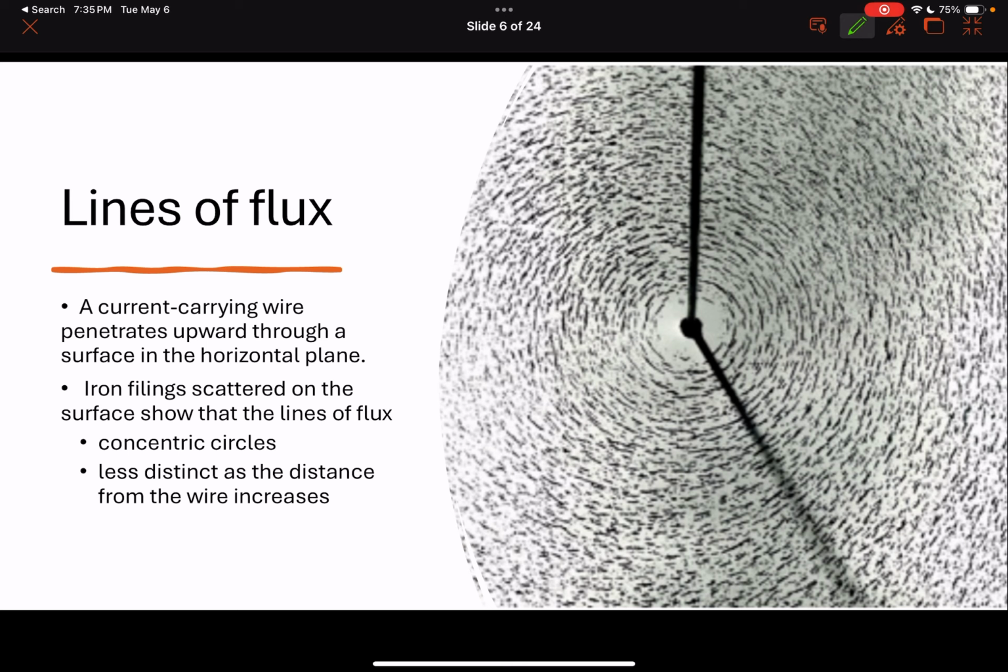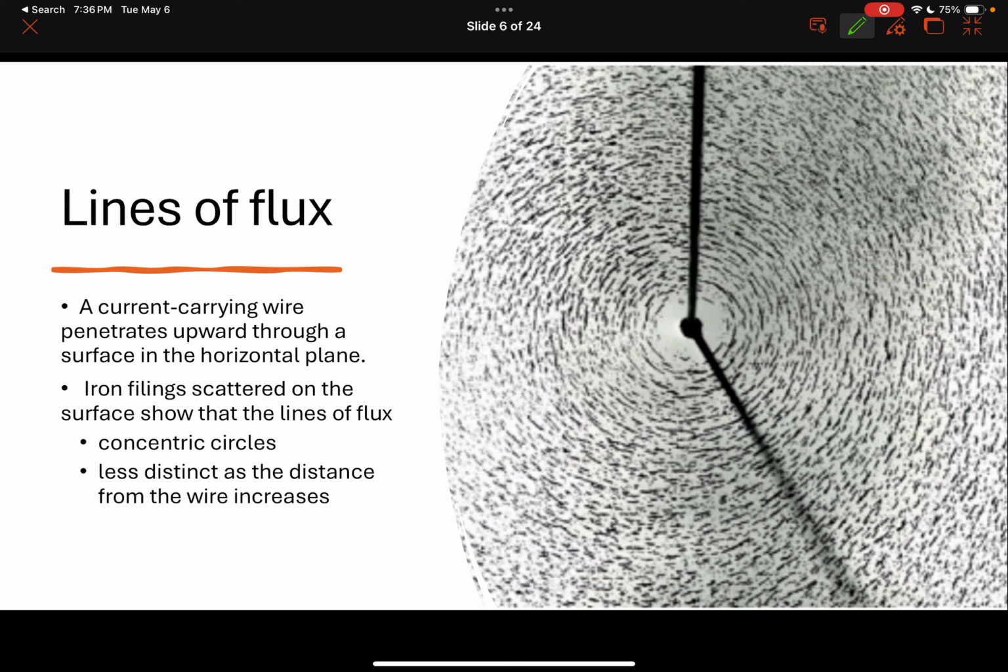You'll see this is exactly the same thing as we did when we sprinkled the iron filings around the magnets, but this time we have a current that's going through a wire. The wire is going straight into the page, as you can see there. A current carrying wire penetrates upward through a surface in a horizontal plane. If we were to scatter those little iron filings all around, you would see these lines of flux make